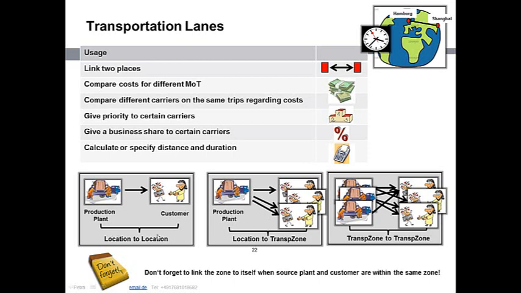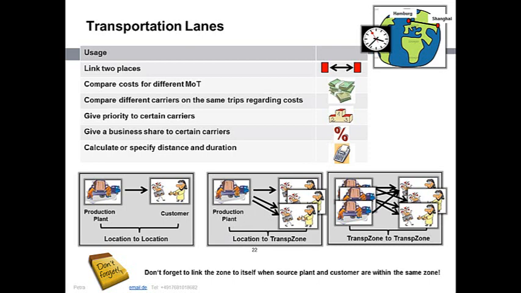So here you can see 3 different pictures of how you can set up lanes. Of course, the most classical one is when you set up lanes for locations to locations. But of course, this means you have a lot of lanes to set up. So then you can compare the distance and the cost for each individual customer. But maybe that's not necessary. Maybe it makes more sense to define lanes from a location to a transportation zone, which means, for example, you have your production plant in 3 different